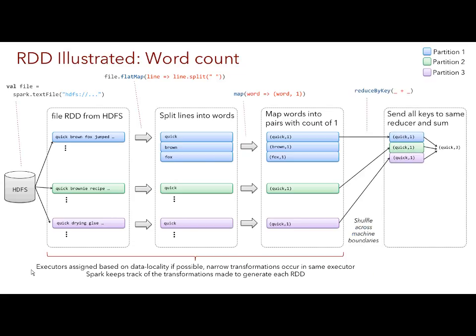The final step, of course, if we remember, is this whole reduce by key. So we're going to effectively count up all the occurrences in my example here of the word quick. There are 3. And because we're doing a reduce, we have to shuffle across the network, right? And again, Spark has done a very good job at optimizing that shuffle layer. Okay? And so we send each key to its own reducer and come up with word counts. That's the classic word count. So this slide could really apply to MapReduce because it's very much the same thing